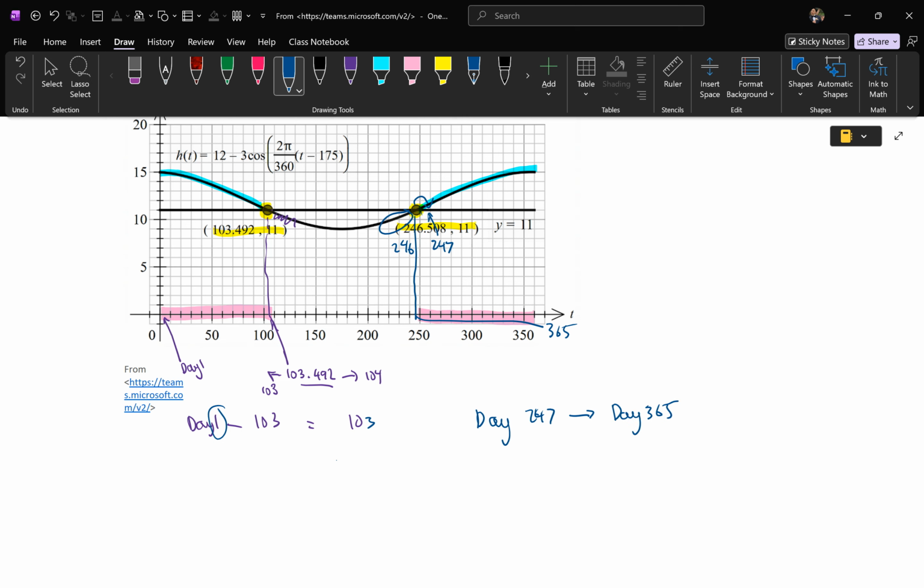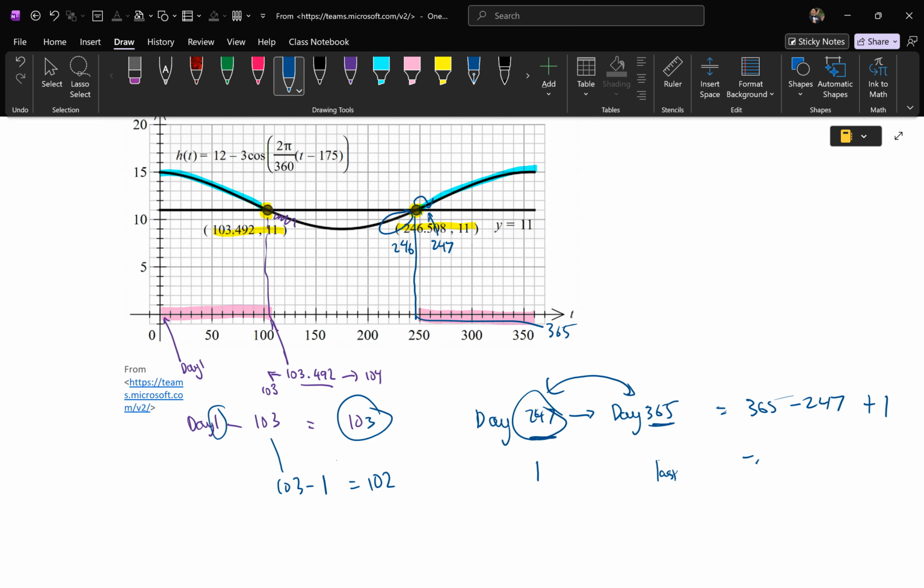And by the same concept again, day 247 is the first day, and this is the last day. But to work out the distance between them, you do have to do 365 minus 247, but you just got to be careful that when you minus it, you'll be 1 less because it doesn't include that day. Kind of like if I said 103 minus 1, it gives me 102, but we know that there's meant to be 103 days. So same thing here, you have to add 1 to it to make sure that you're including